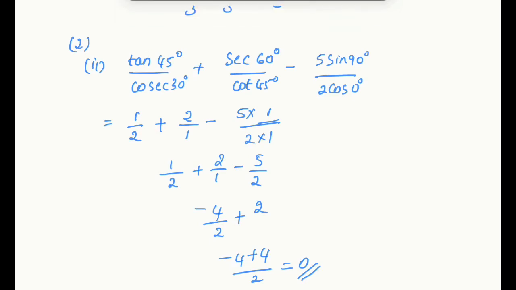We'll be substituting the values of the standard angles, whatever ratio is given to you. You will directly substitute it and solve it. It's very simple. The only thing is, don't make any mistake in the calculation. For now you can refer back to your book and look at the table, but you need to learn the table. Nobody will be providing you this table. You need to learn the values and you need to do it.